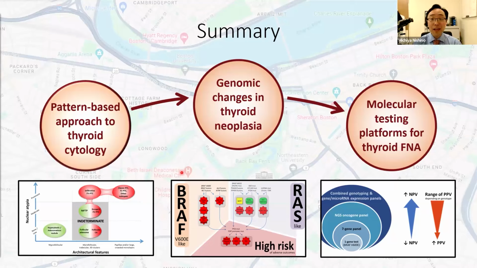The main points to take home with you are that for most thyroid FNAs, we can make a diagnosis based on the assessment and integration of just two key features: nuclear features and architectural features. And for those cases that fall into that gray zone, indeterminate categories, ancillary molecular testing for molecular changes has emerged as a pretty useful way to guide the next steps in management. And with respect to molecular testing, by making sure that all of us have a broad understanding of why we test, what we're testing for, and how these tests are performed, all of us here can help promote the judicious selection, the use, and interpretation of these tools in our